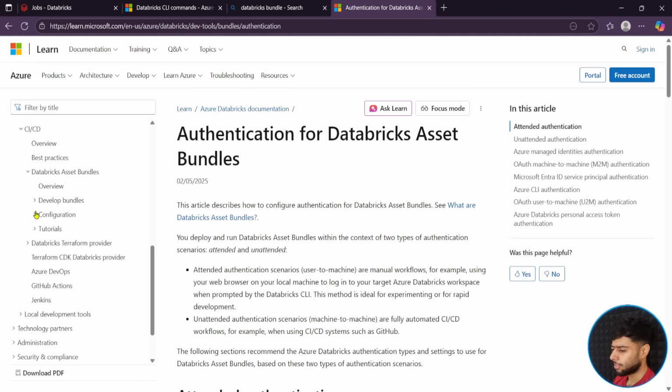I think let's go to bundle configuration. Yeah, I think here we should have presets. Yes, perfect. So here we have preset, custom presets. Oh yeah, deployment modes. Yeah, we got it. So basically this is the area. So custom presets. So what is this custom presets and what are presets? Basically presets should be there. Okay. And presets will be there, especially for dev environment, and for QA and prod it's optional because it is not actually required, but for dev it should be there. That is why it says